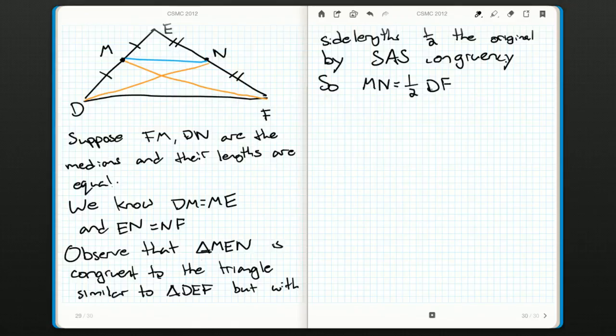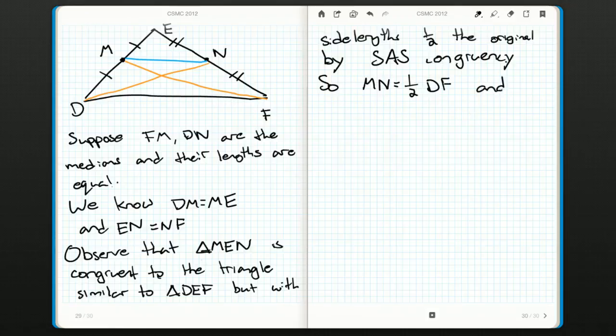Okay? You get a similar triangle when you connect up the midpoints on two of the sides. So MEN is similar to DEF. It's 1/4 of the area or 1/2 of it in terms of side lengths. Either way you want to think about it is fine. Now MN is 1/2 of DF, right? This is 1/2 of this. And